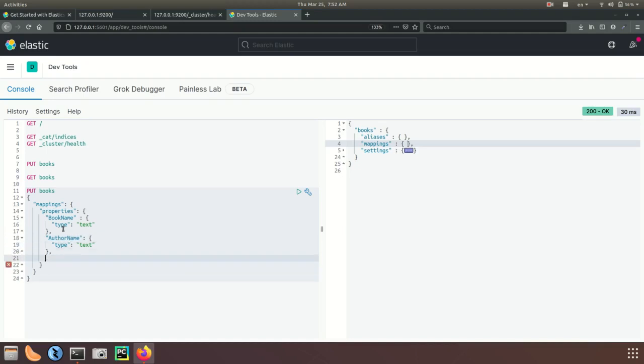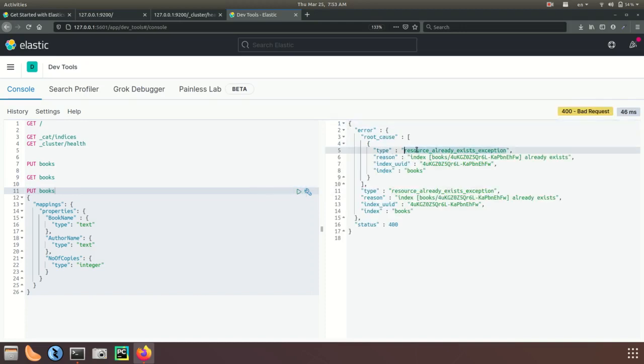And suppose this is our library database, so we want to keep the number of copies. Type instead of text, just make it integer. Okay, so it will store. Let us keep it with these three fields. Now just run it. You will get some error